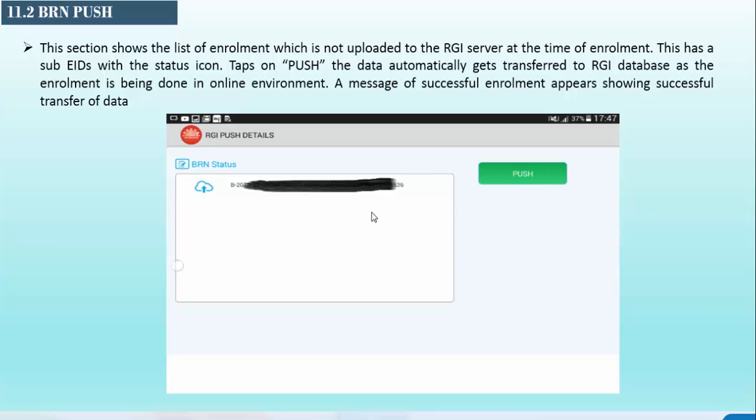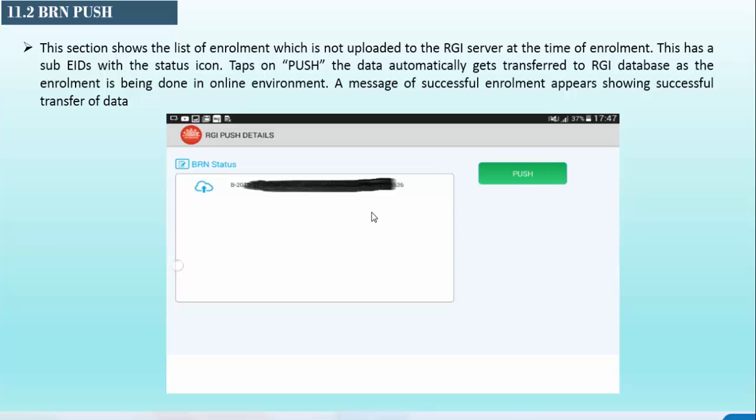Then the next option is BRN push. This will be used basically if we are enrolling the children with the BRN number or BA number which is integrated with the RGA server. In the same way, if any BRN status is not pushed to the RGA server, we can push the data using this option, but ensure that the BRN software is linked with the particular state RGA server, otherwise we cannot do this exercise.